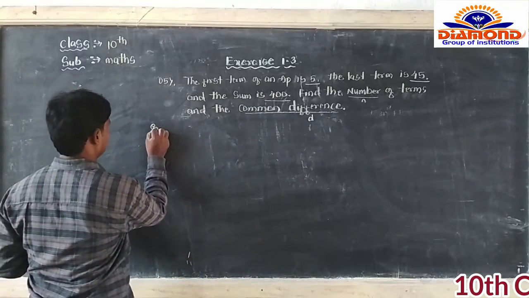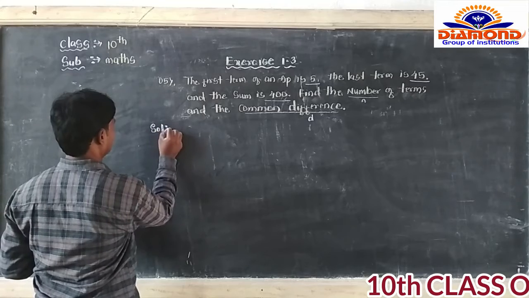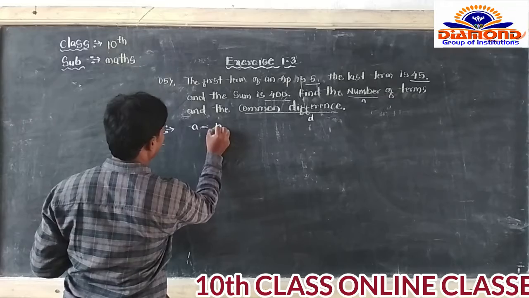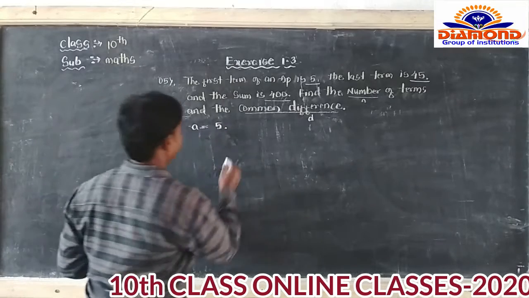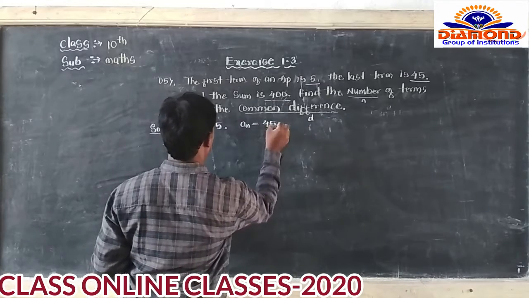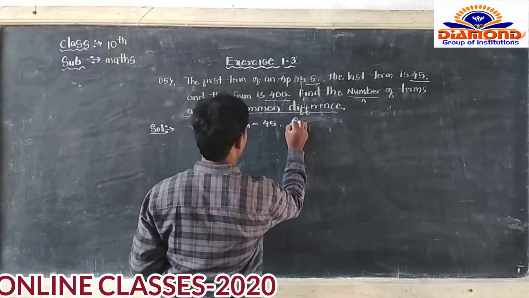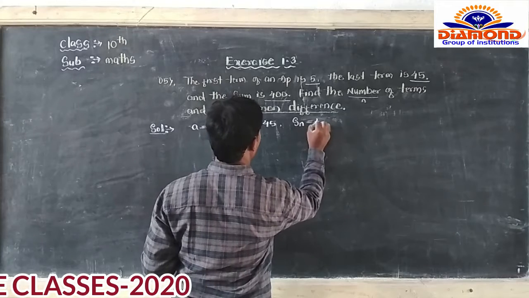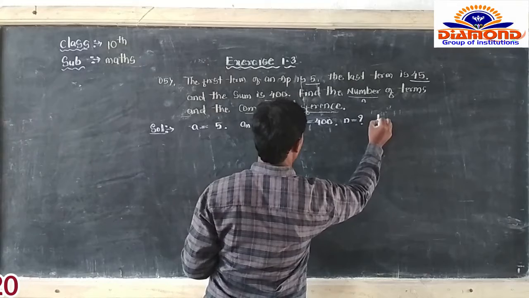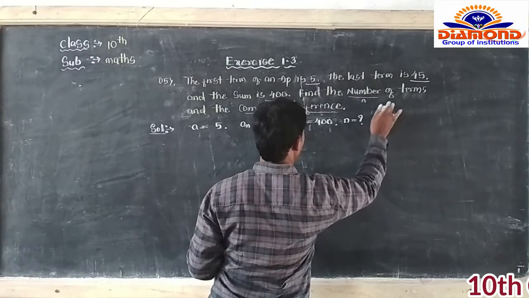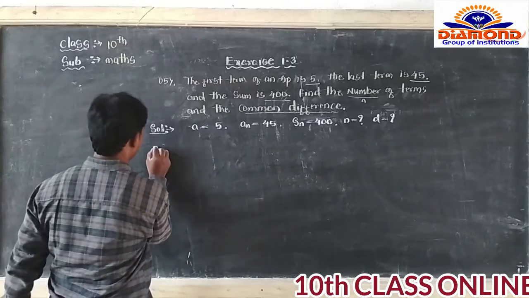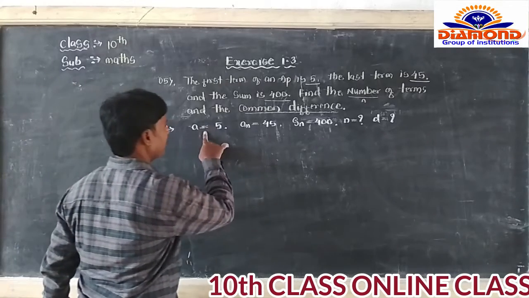Look at the solution. First you should take the values here, a value. So first term is equal to 5, given, and the last term means an is equal to 45, given, and the sum of the n terms is equal to 400, given. Then we should find out n is equal to question mark and the common difference is equal to question mark। दोनों find out करना चाहिए।